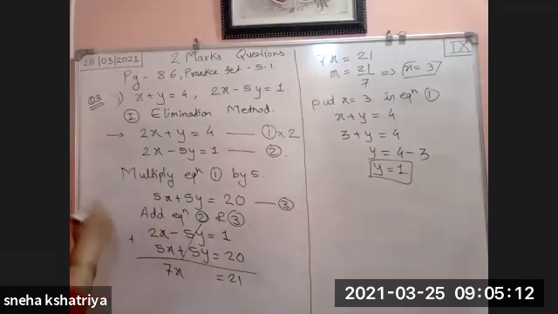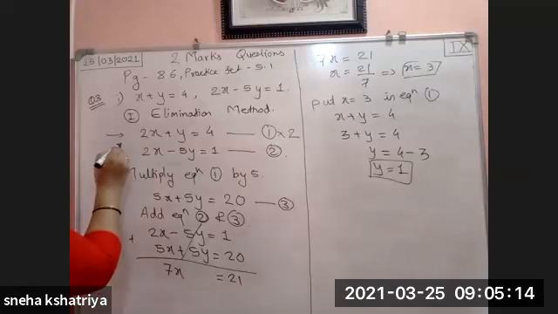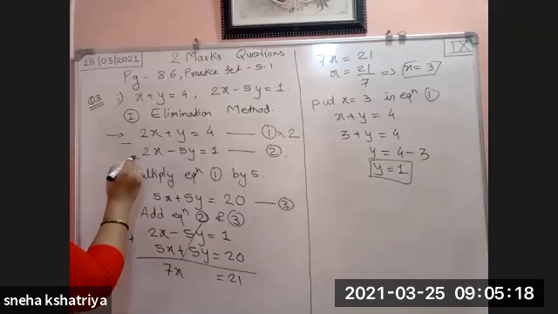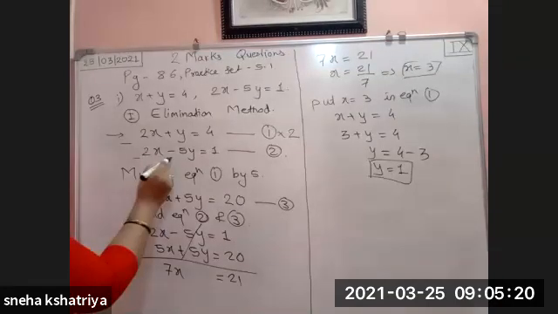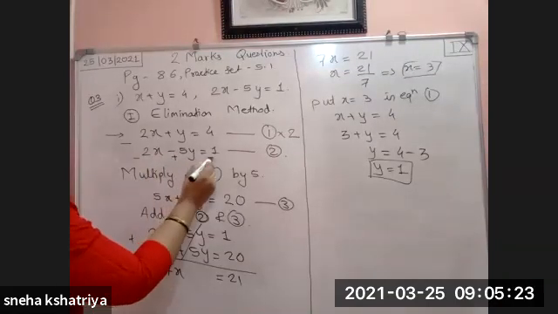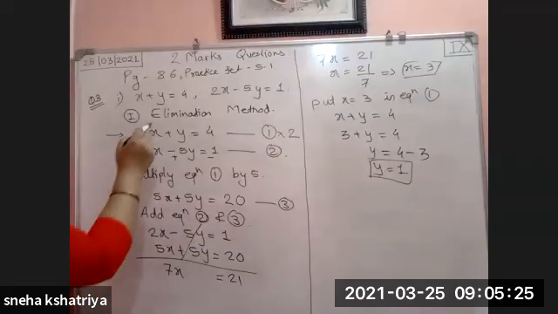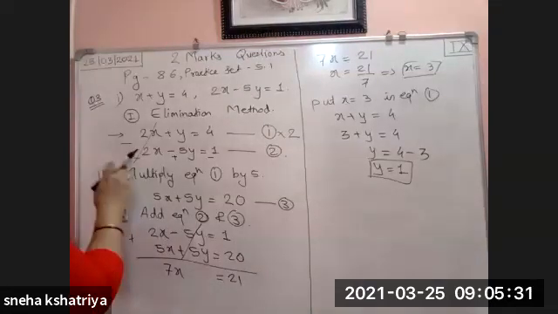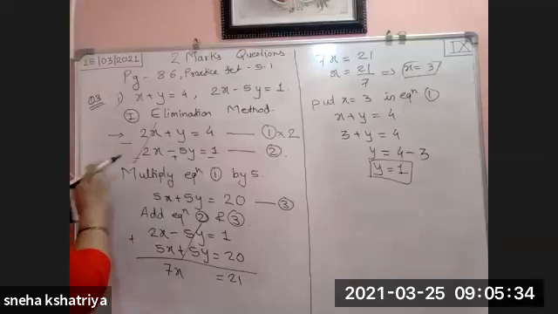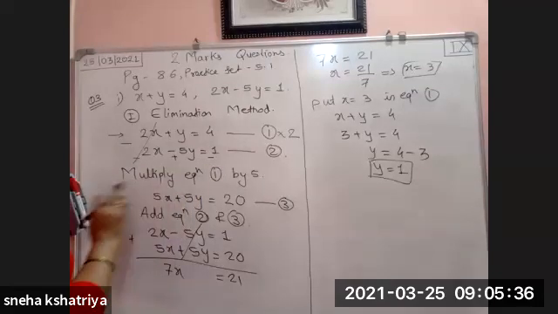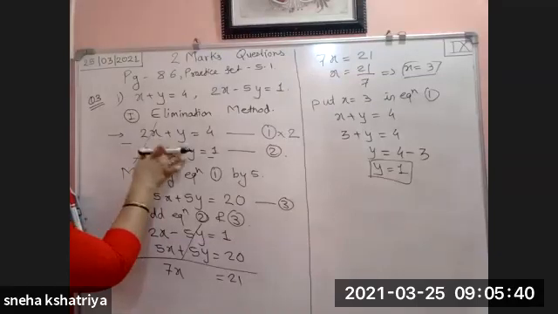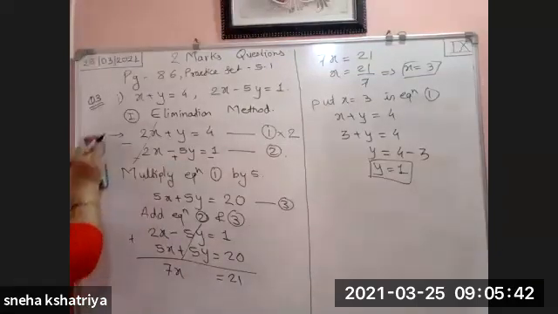Multiply 2 here, and we have to put a minus sign here, because after putting the minus sign, all the signs will get changed. Here it will become minus, here it will become plus, and here again it will become minus. So this part will get cancelled. It is one and the same thing. It doesn't matter, but this will make more complications because here you have to change the sign. So it is better that if opposite sign is already given to you anywhere, just make that variable the same.